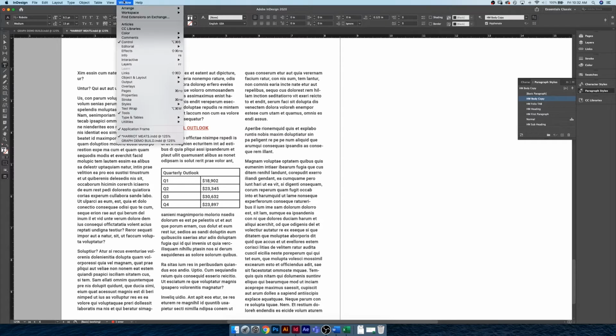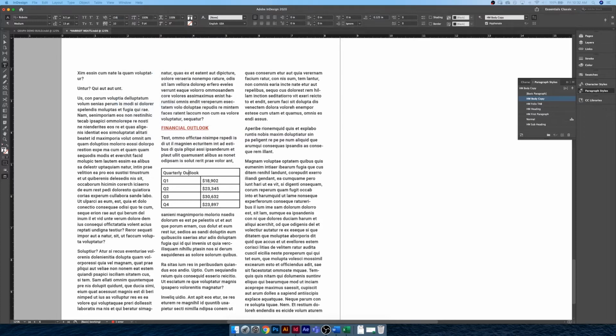What I would like to do is go up to Window, go to Styles, and click on Table Styles. That should bring up a floating menu here for you guys. And you'll notice that the Table Styles box has a bunch of different options. It sort of has a window where you can format all sorts of things,